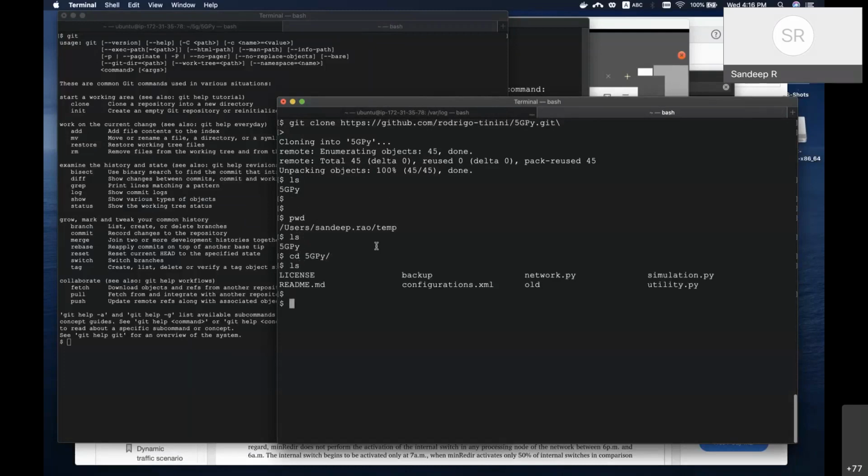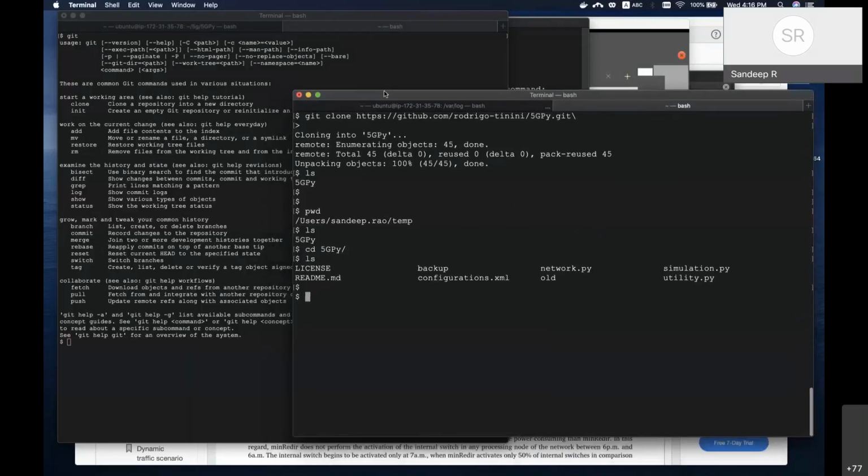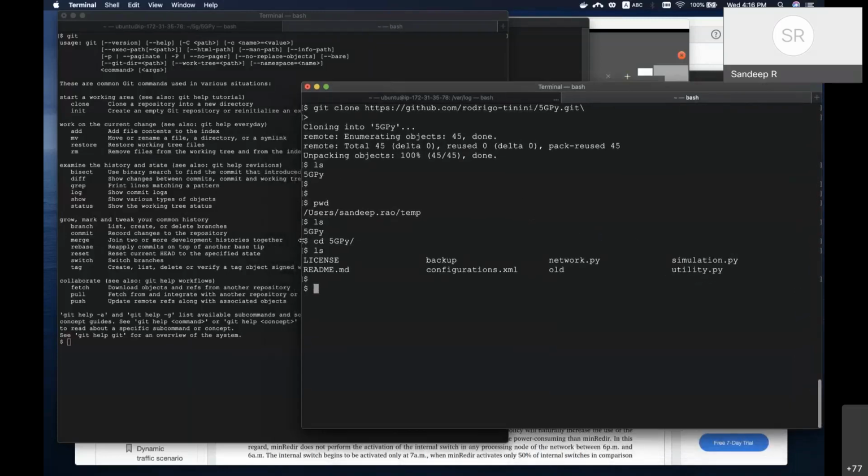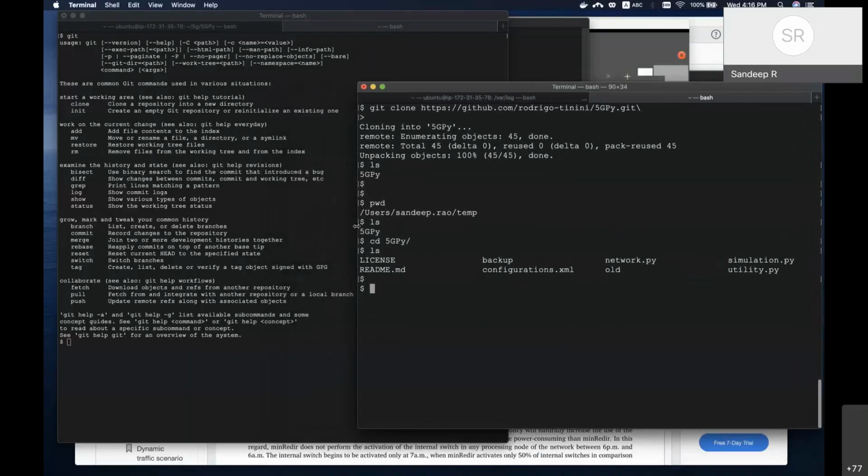There are a bunch of files here. Yesterday I ran this 5G.py. Very good, so you're able to get it running. How did it end, Satish? Are you able to get it running? Yes. So what did you get out of it? What is the one thing that you learned from that 5G?